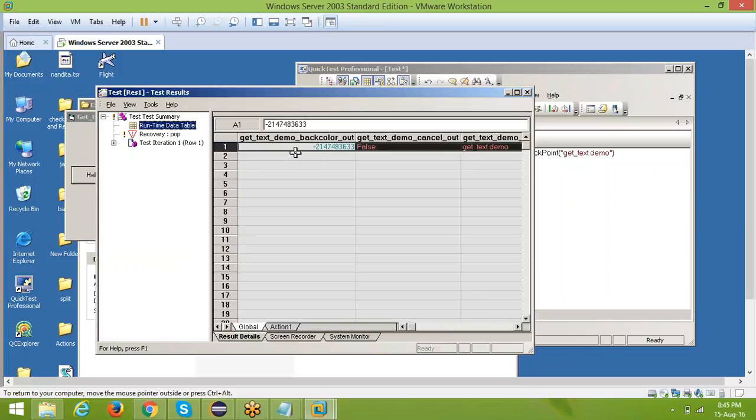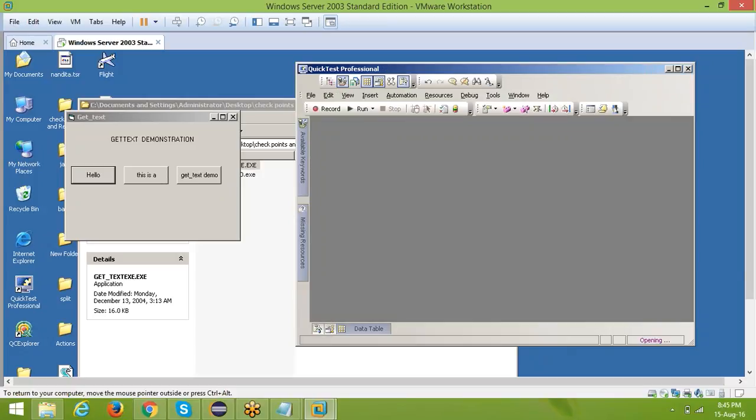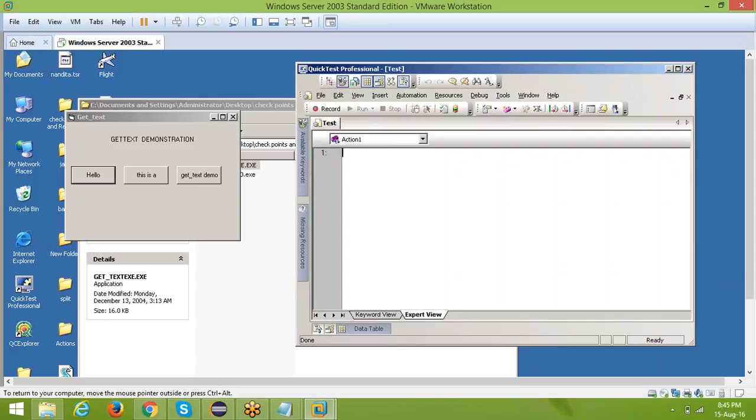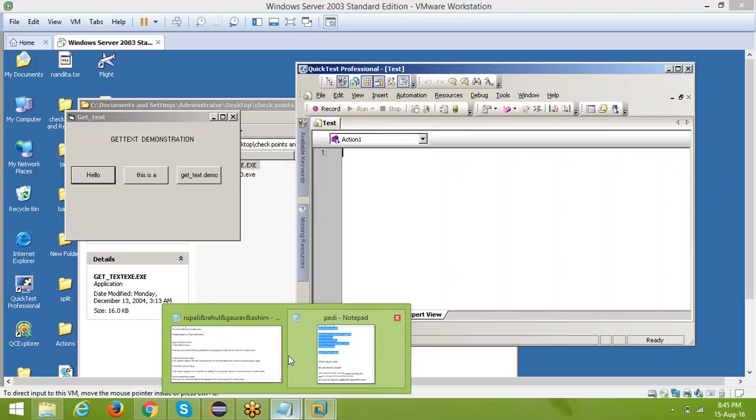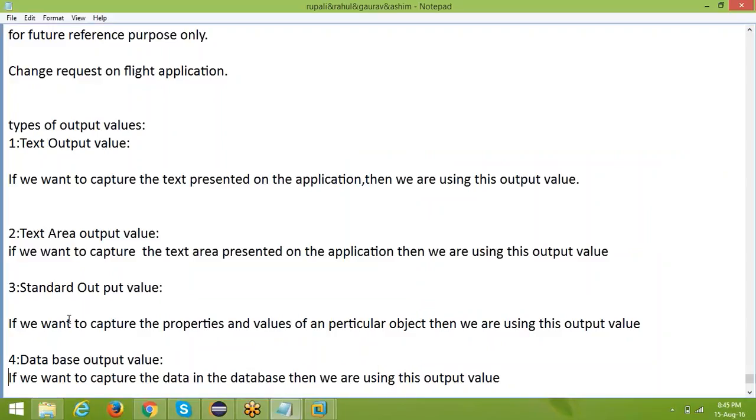So observe, whatever we captured, everything is coming up, right or not? Whatever we captured, all the properties and values are like that. That is how the work will be processed. That is about standard output value. So next we are going to discuss the database output value. So if you want to capture the data,